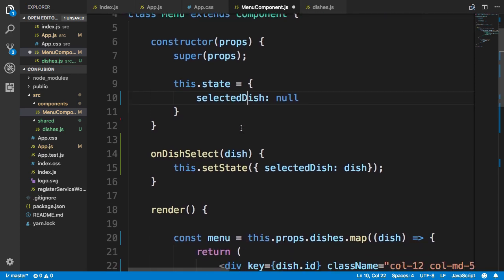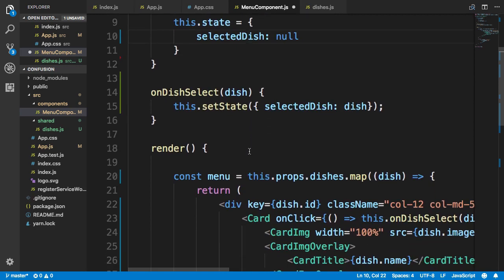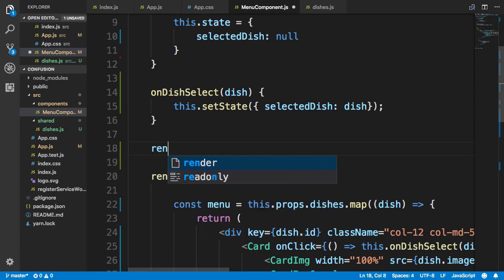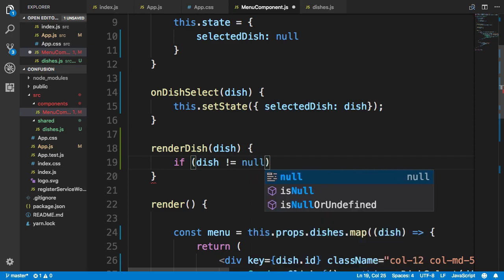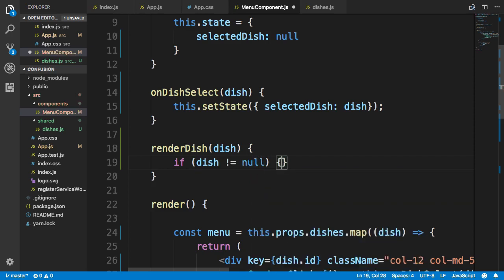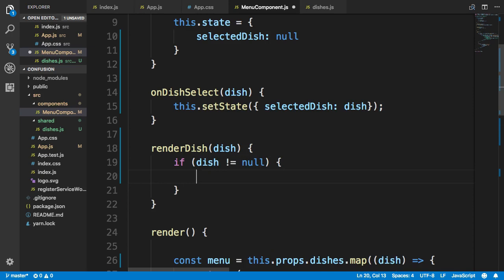Now, when the dish is selected, I want to also render the details of the dish. So I'm going to add in one more method here called renderDish, which will be supplied the dish as the parameter. Inside this renderDish method, I will first check if dish is not equal to null. Obviously, only if the dish is not null will I render the dish. Otherwise,